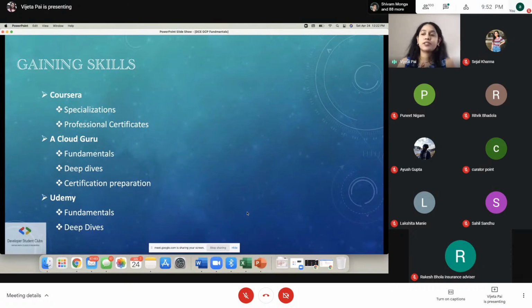As in, they'll give you access to Qwiklabs, which I just mentioned a while ago, in which you can go and just play around with the console. You can play around with Google Cloud Platform. And in order to pass some of the specializations and the professional certificates, you need to submit your labs as well. So it is a good way for you to not only demonstrate your skills, but also gain a lot of experience theoretically as well as practically.